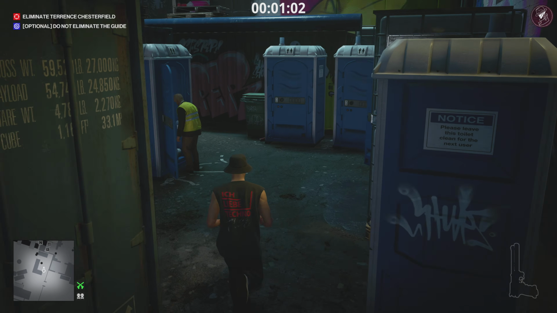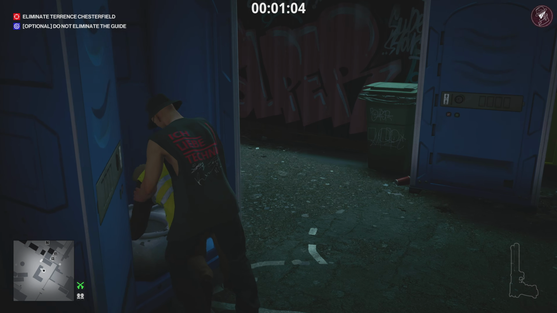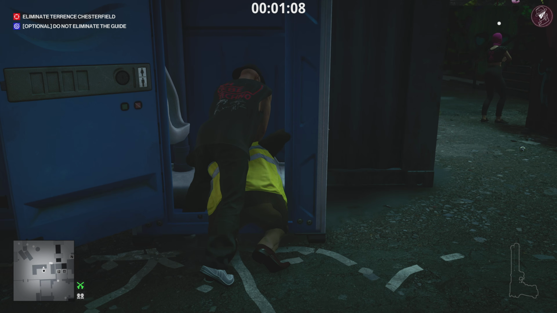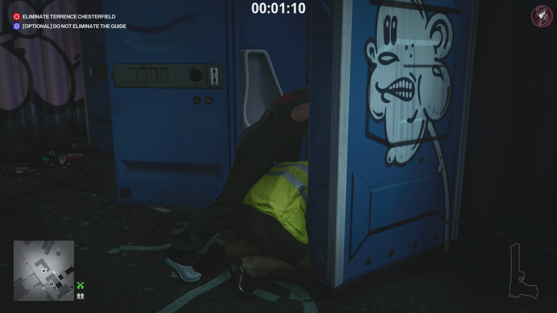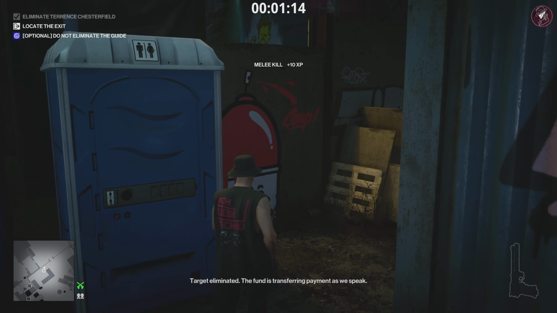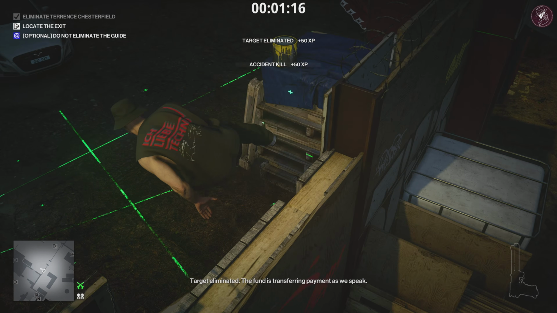So once we've done that, we can now drown the target. Once you drown the target, I recommend going out of the gate, and you can go straight to the scooter. For some reason, I don't know why, but I jumped the fence. Didn't need to, because now I have to wait for the camera to pan all the way back to the